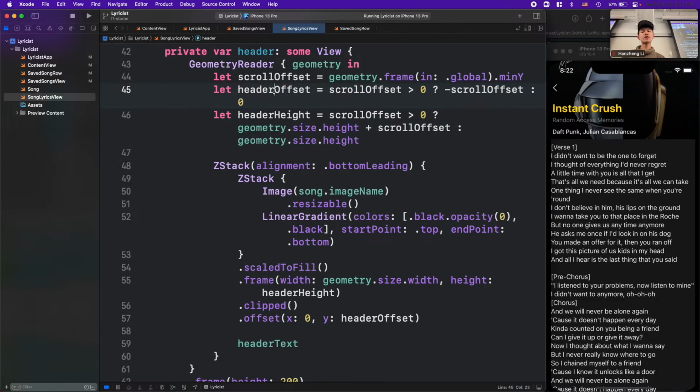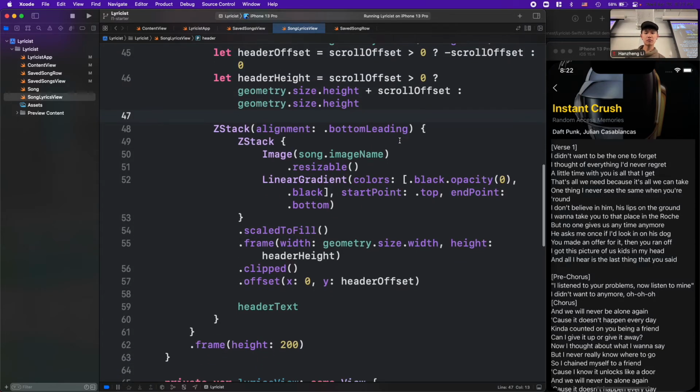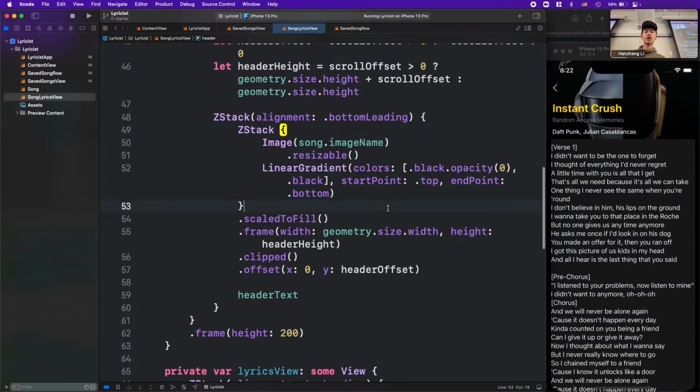And the thing I want to emphasize is GeometryReader. This is another one of those views that doesn't actually look like anything, but it provides you a geometry object that you can use to get information about your screen, right? So you can say geometry.frame, and it will show you the scroll view's frame in relation to the entire UI screen. And then you can get more information from that by getting the minimum Y value. And then from there, you can infer using math where we are in the scrolling coordinate plane. So you can do more research into this. I'm not going to explain all of the math, but